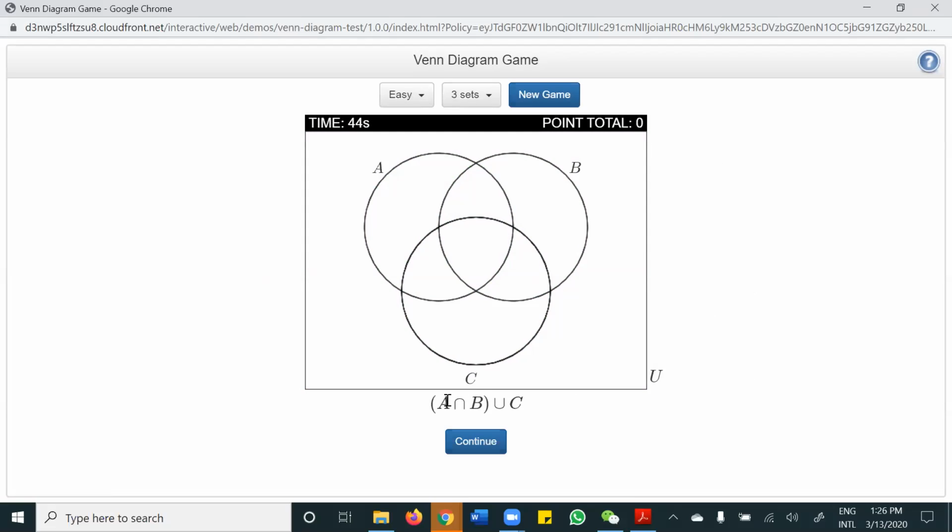Someone tell me. It's very hard to describe. Yeah, right? Union C means you combine with C. So intersection B is here, then union C, you have to combine with C, something like that. Right? Yes. Okay. Yeah. Continue.